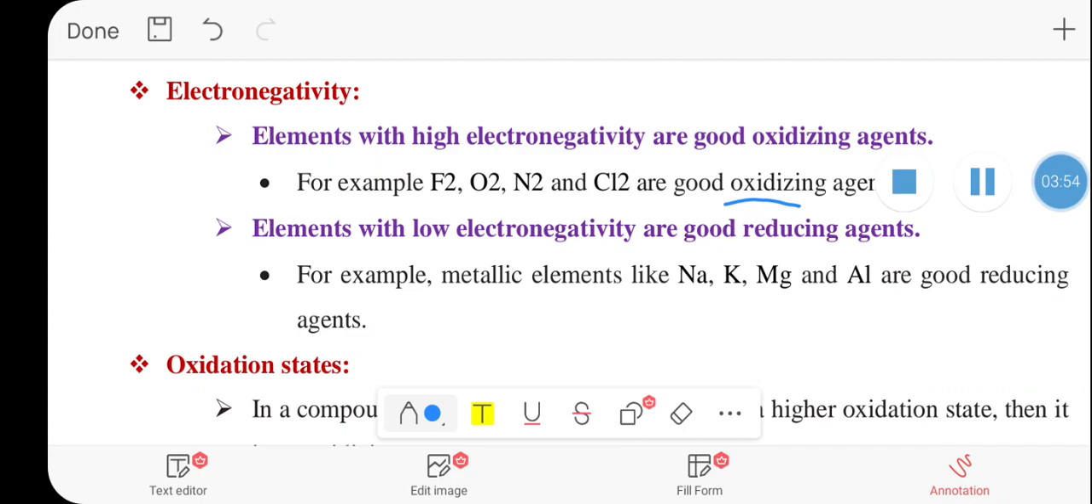More electronegative element ከሆነ ኤሌመንቱ it is a good oxidant ነው ማለት ነው።